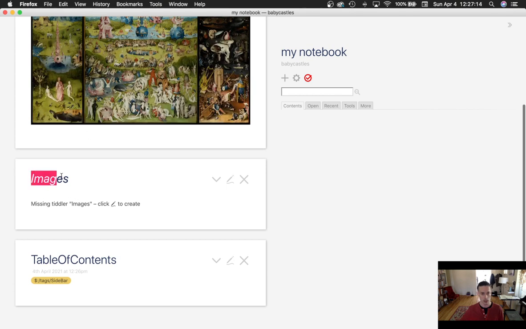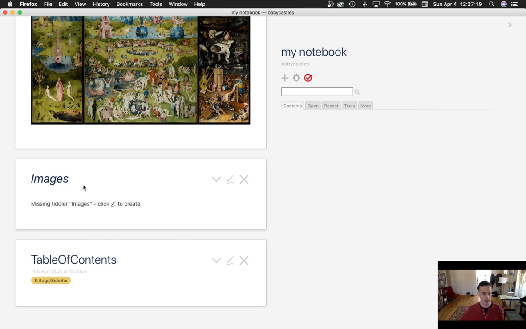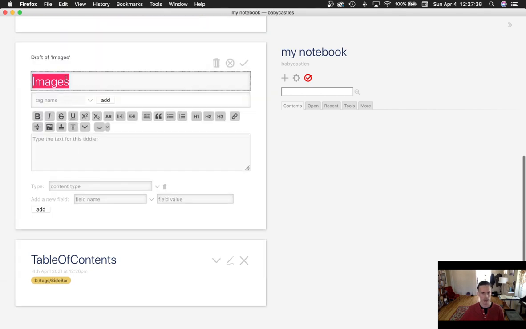So you'll notice that it's italicized, which means it hasn't been created yet. It means missing Tiddler images. Click Edit to create. So it's assuming that this is something you want to create. I don't know what you would consider this, a dummy Tiddler, something that's waiting to be created. So yes, let's create images, and let's tag it